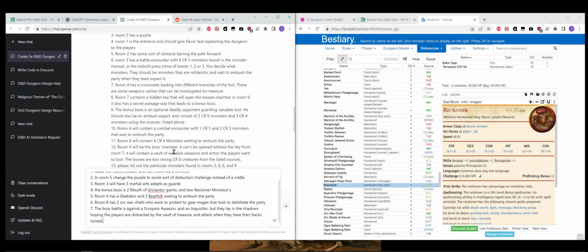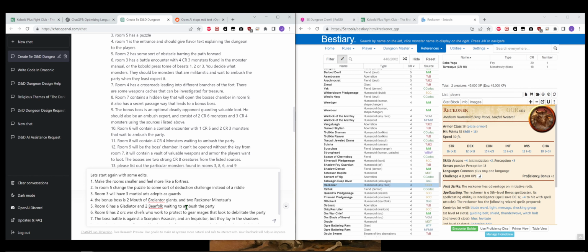All right. I've given it some updates. I've given it the exact monsters. I've changed the flavor a little bit. I'm going to try to make it smaller rooms instead of these large vaulted ceilings and all these things. We'll make it something that fits the battle maps a little bit better and fits the theme of being an